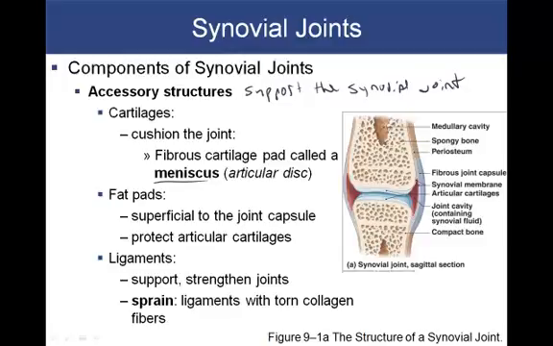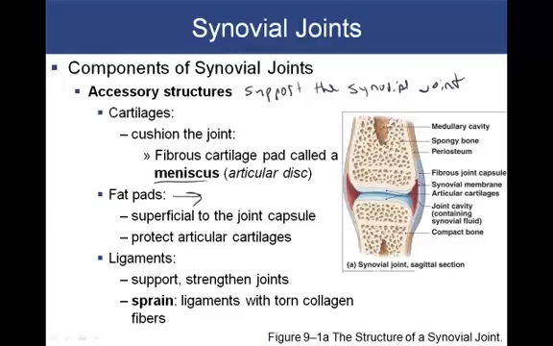We have adipose tissue deposition. We have fat cells, little fat pads within the joint to help cushion and support. And we're also going to find that ligaments help support. The ligaments, again, are going to help stabilize the bones of the skeletal system, so that it helps reduce the amount of movement. It just helps hold it all together.